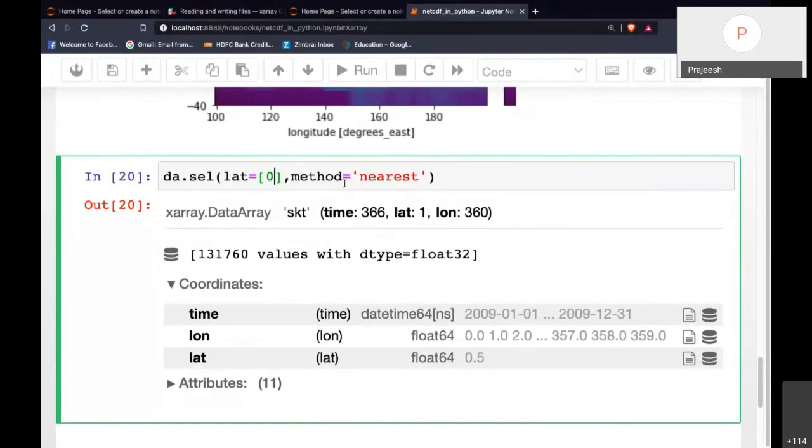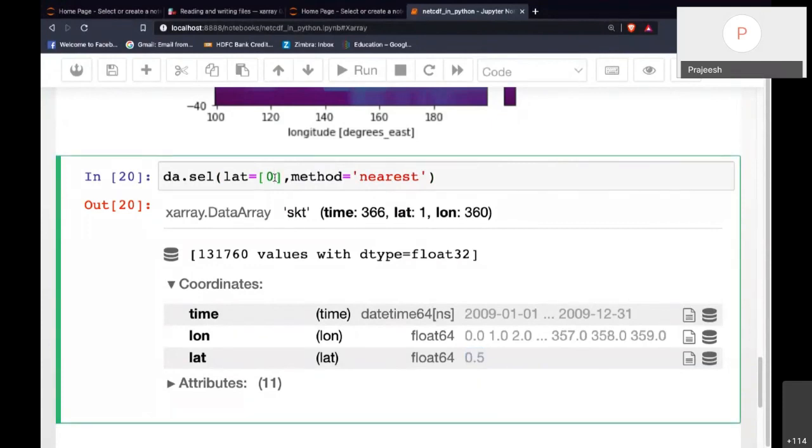and because of that, I had to give an argument which is called method equal to nearest, by which I could get the nearest latitude to 0, which is 0.5.